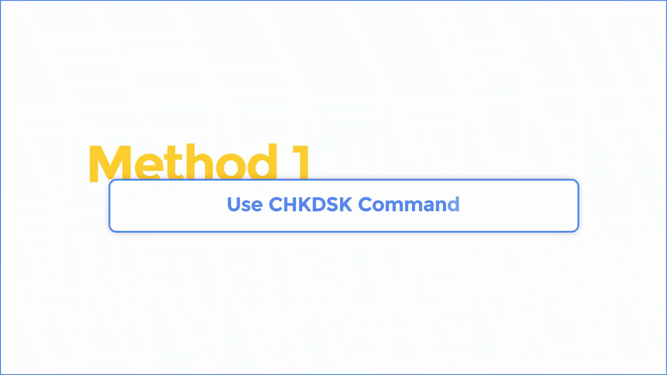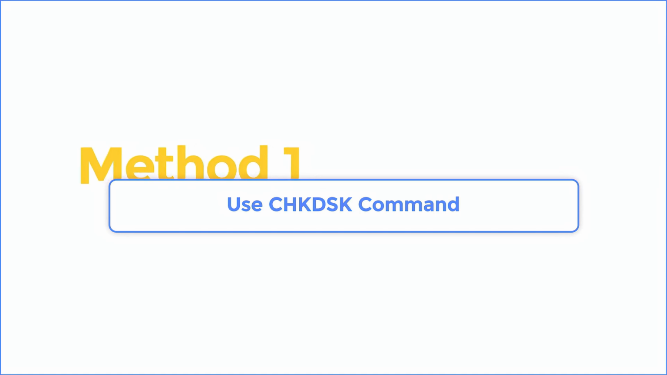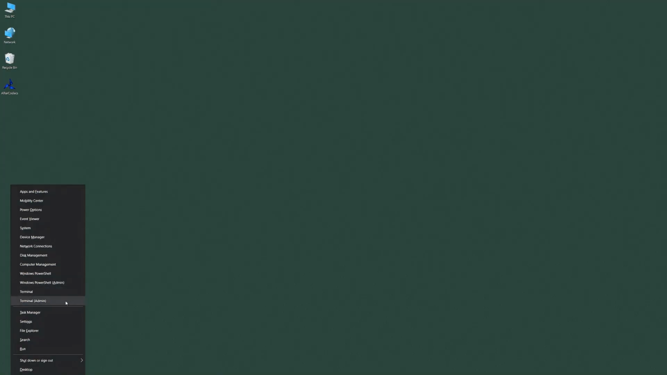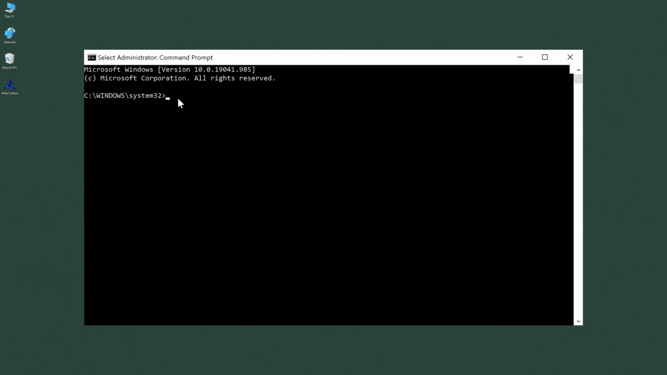Method 1. Use CHKDSK command. Windows has a command line utility called CHKDSK. It checks the file system and sees whether or not there is a logical or physical error. So first, click the Windows icon and select Terminal Admin. After clicking on Terminal Admin, type the following command